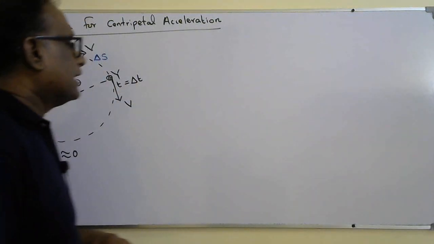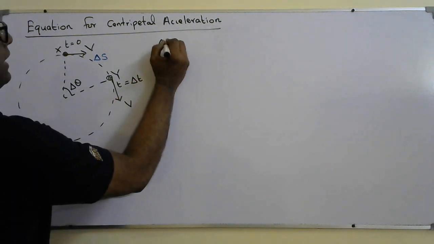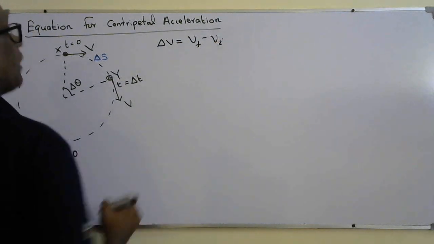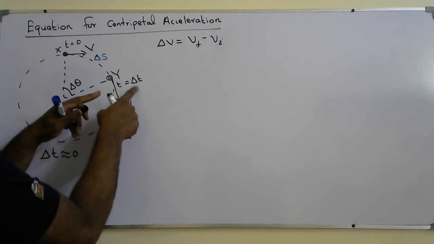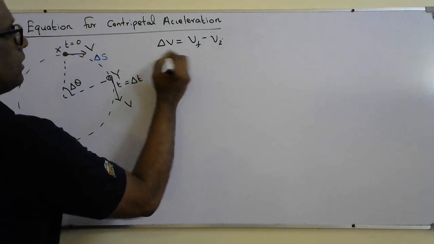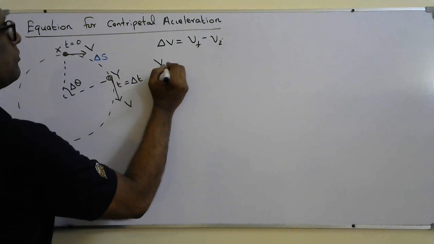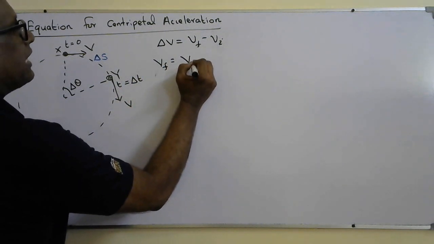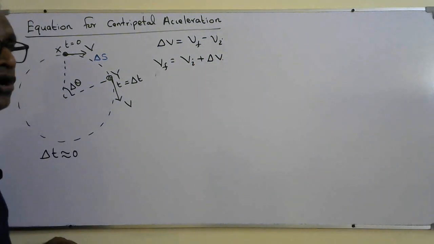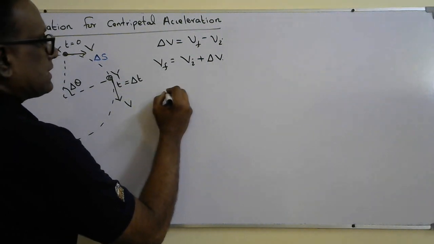Okay, same thing as I told earlier. So there's a change in velocity. So delta v is equal to final minus initial. I'm considering a smaller time interval delta t, which is almost equal to 0. So I can say vf is equal to vi plus delta v. If I draw a vector diagram for this, the initial velocity, this direction,